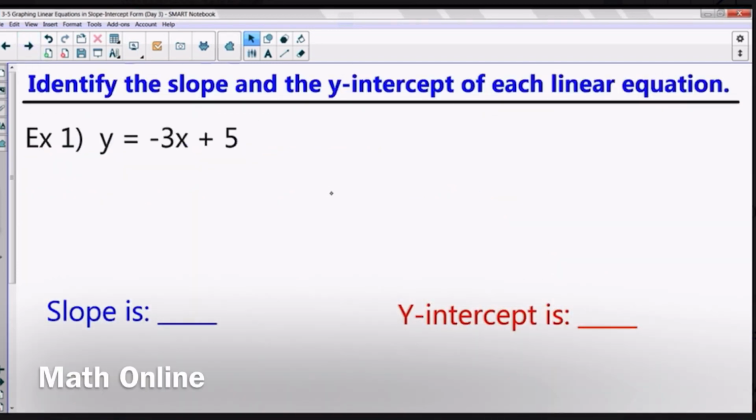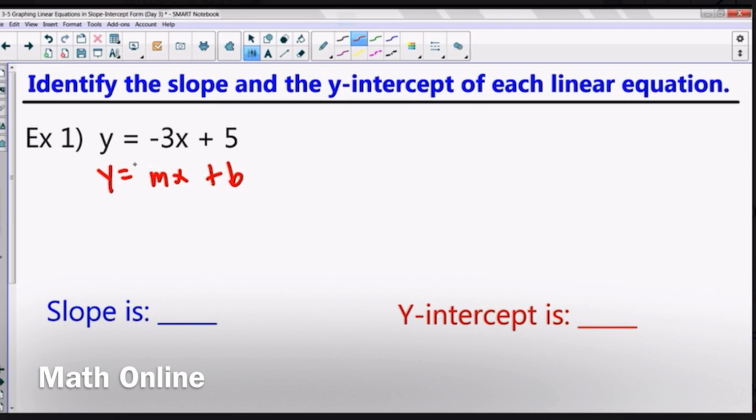All right. So on this slide, we're going to be looking at example number 1, and the instructions tell us to identify the slope and the y-intercept of each linear equation. So they gave us an equation, and what we want to do is compare our linear equation to the slope-intercept form, y equals mx plus b, where m represents the slope and b represents the y-intercept. Notice how these y's are matching, the equal sign is also there, the x and the x is there, the plus sign is there, and of course, if all of those other